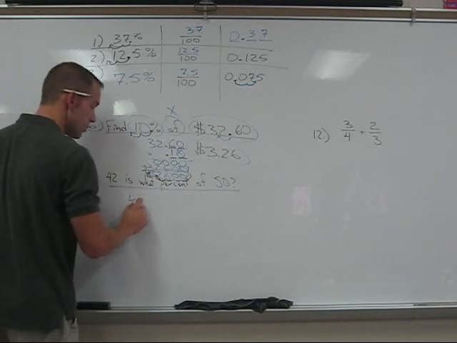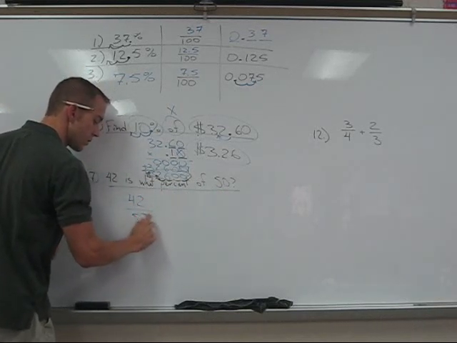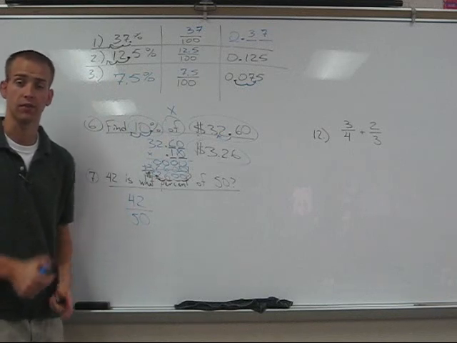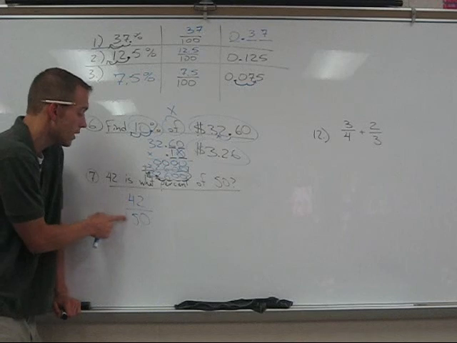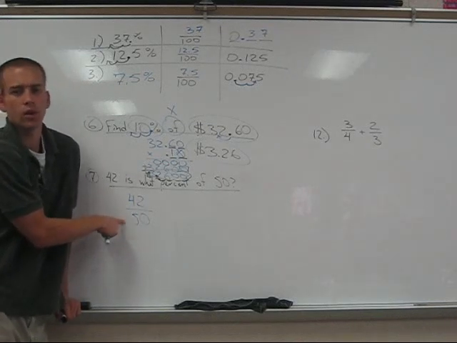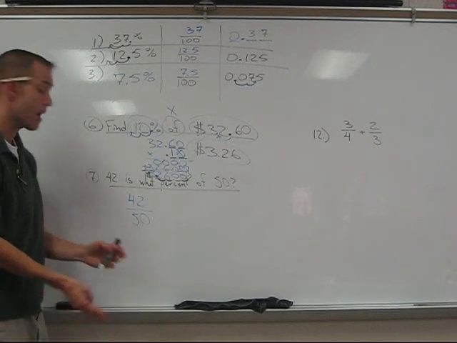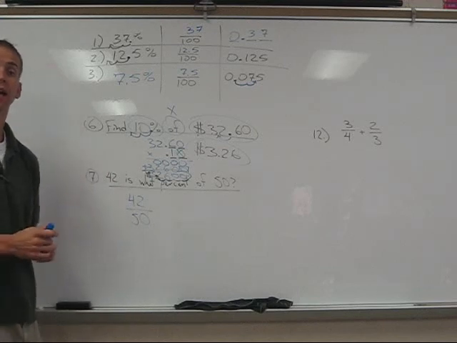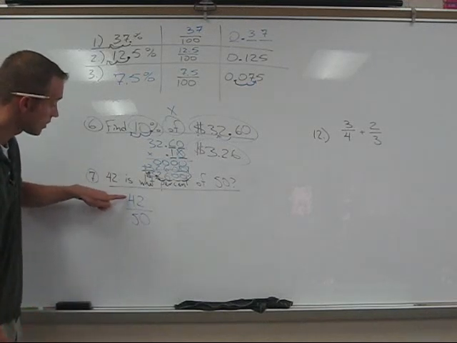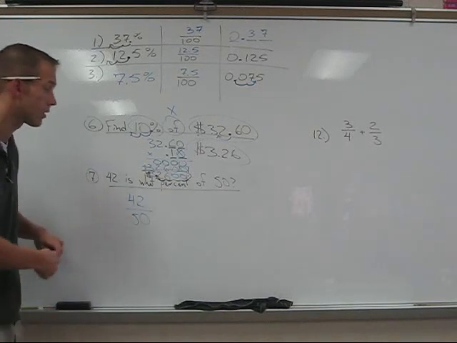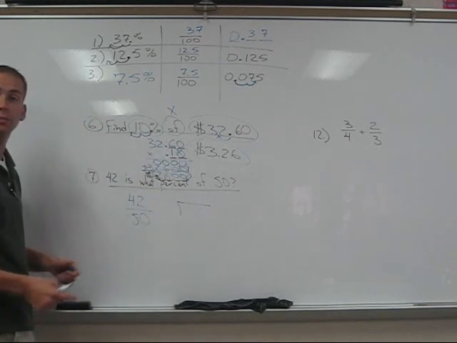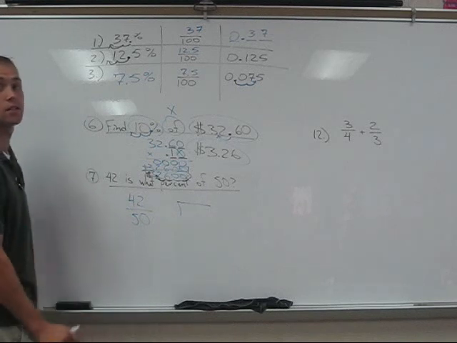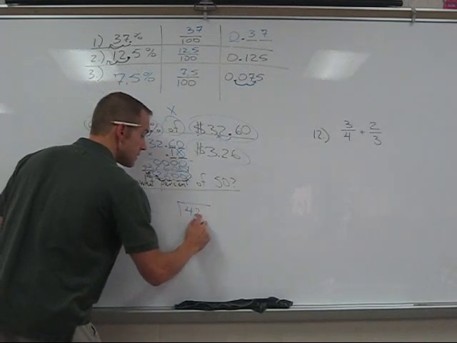And the best thing to do is express this as a fraction first. And I say 42 out of 50. If you had this on your paper, I know Mr. Neal at least would make you find this by dividing 42 by 50. Recall that a division problem and a fraction are sort of the same thing. Just be careful that you're taking the numerator divided by the denominator. Several people get this wrong and they attempt to put 50 in the box just because it's the bigger number. That's not necessarily the case.